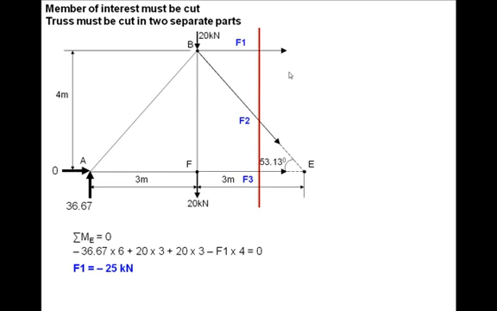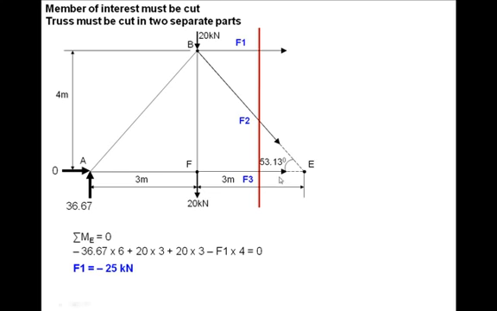Now see the power. You have managed to work out in one section and one equation the required force without solving the entire truss. That's the power of method of section. Now suppose I was never interested in F1, but I was really interested in F3. Then we could have taken the same section, but as you can see,